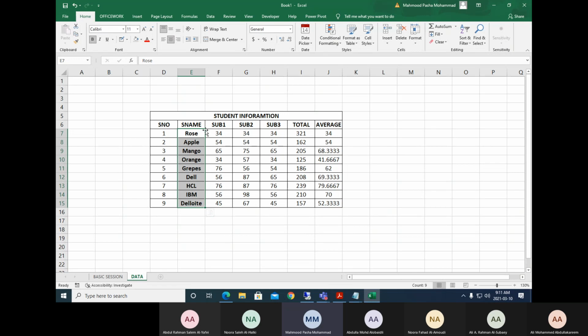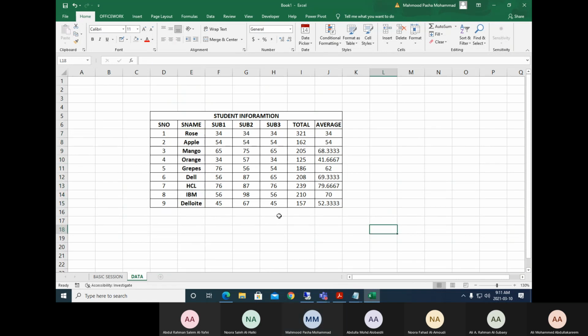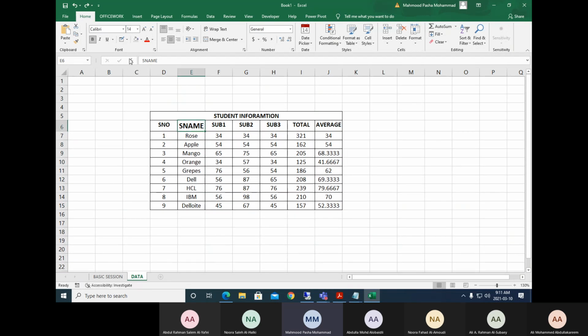It will copy the format from one data item and it can be applied to the remaining data values or the items that are available on our sheet. So for example, here I have increased the size of this. I can say like 14, and then I can apply the style of this.